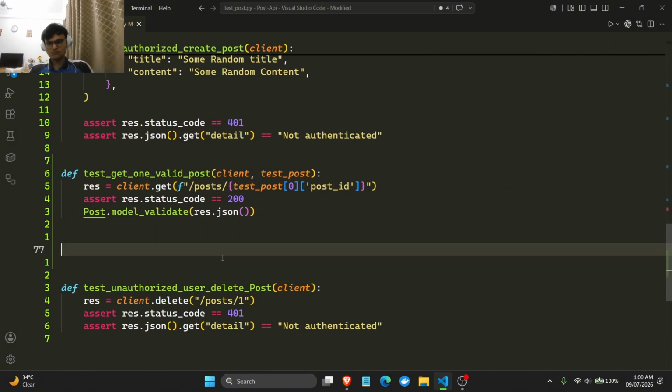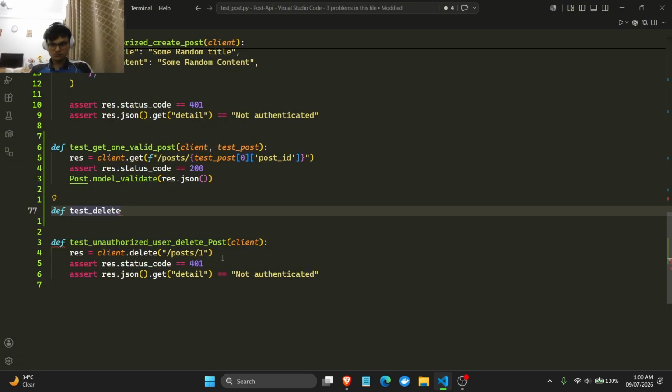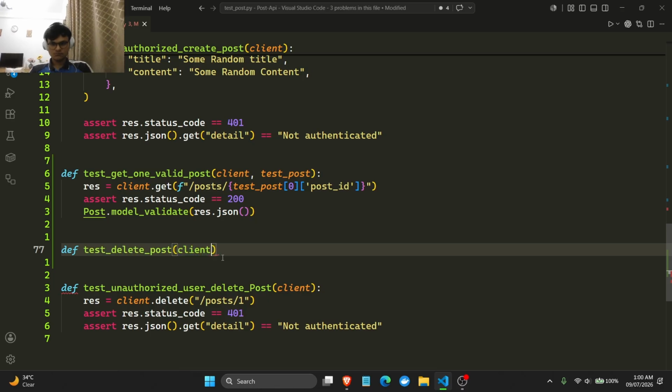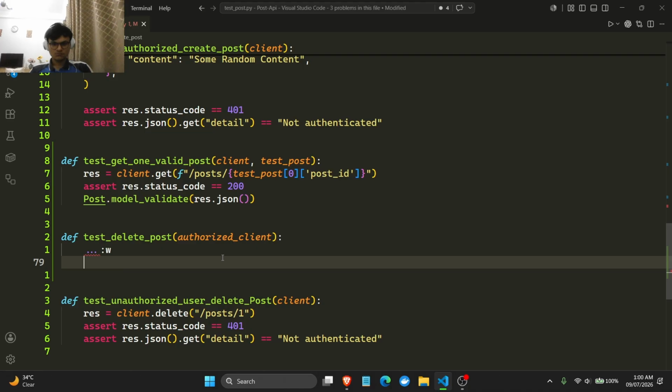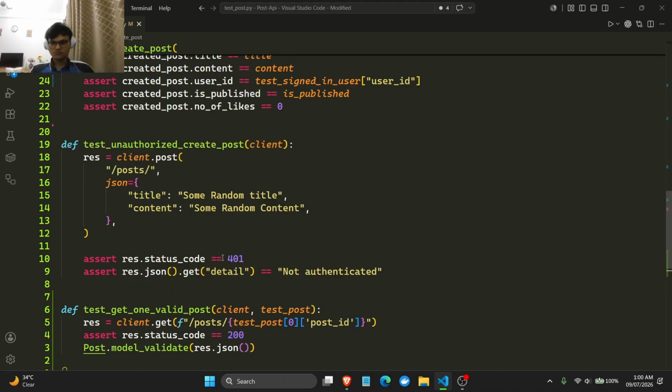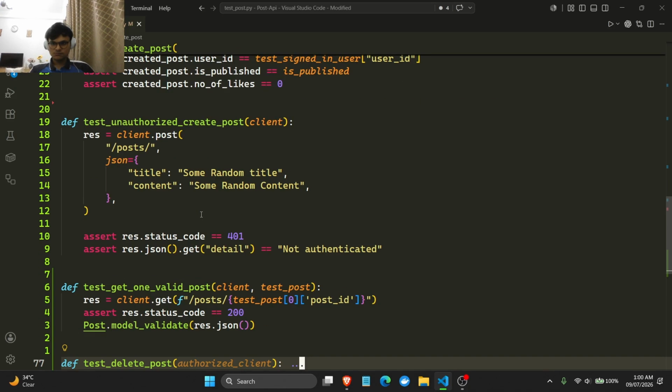And we're going to set the res, and we'll set this to authorized client.post, and the URL is going to be /posts. And then let's give all of the data for our new post. So we'll say JSON equals title,